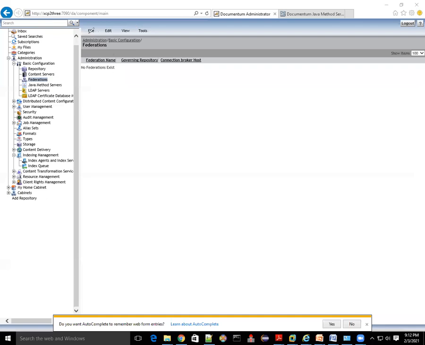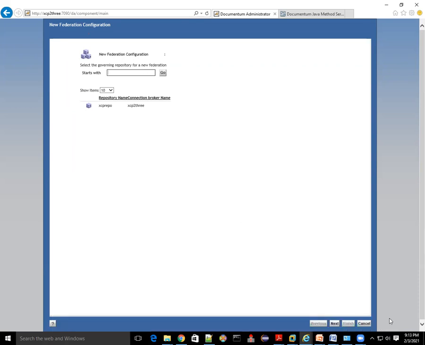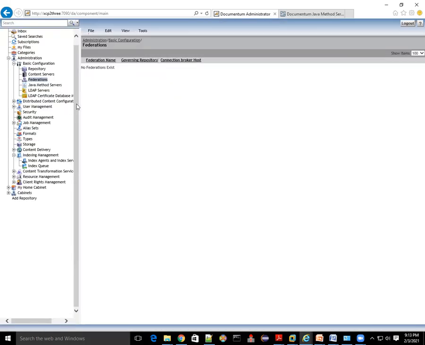So here, in case you want to add servers in a federation, click over this Federation, then New. Here we can say Add, because right now we have no such setup. You need to add IP addresses and all the things, like the federation name, governing repository, and connection